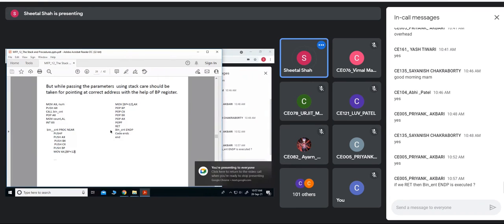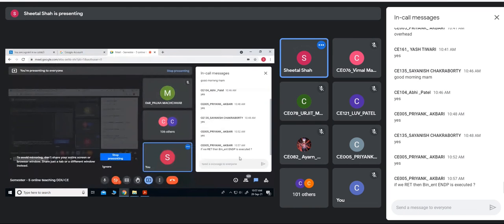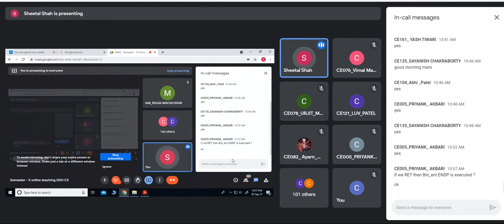So this is an instruction, and NP is an assembler directive. The instruction is meant for the processor, and this assembler directive is meant for the assembler to indicate that it is the end of the program. It is something like providing braces in your program.